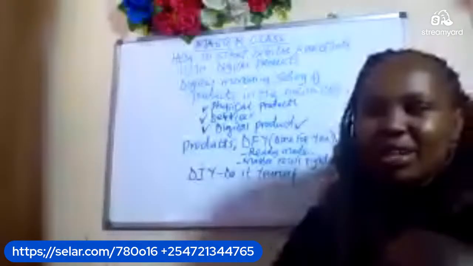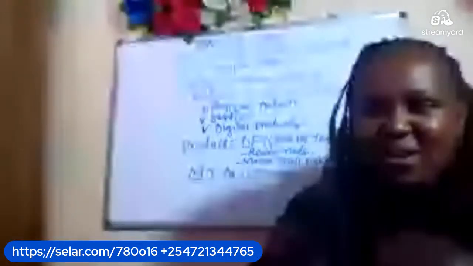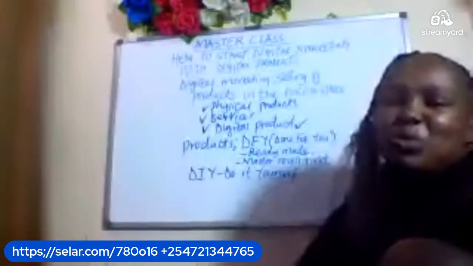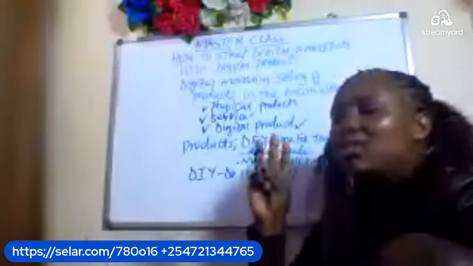Moya started with a done for you. Wow, the DFY, that is what Moya started with. Similarly, I also started with a DFY, a done for you. Why? I didn't need to research. I did not need to create time aside. And this one assured me of how I could make sales very easily.